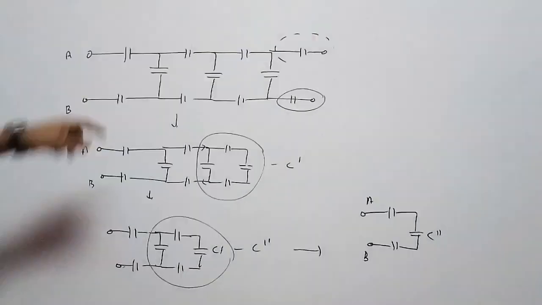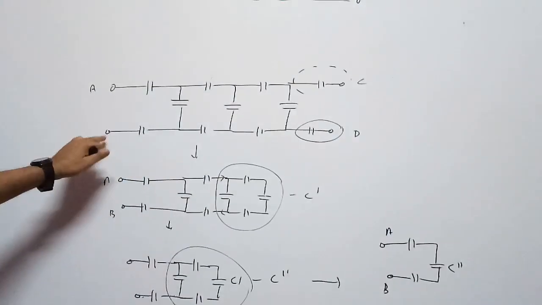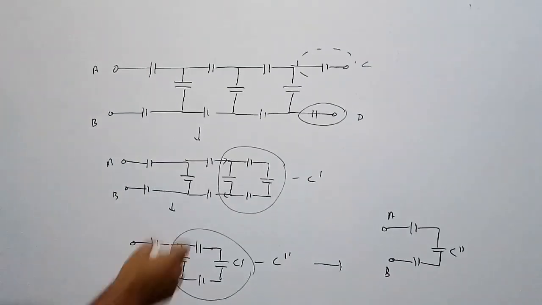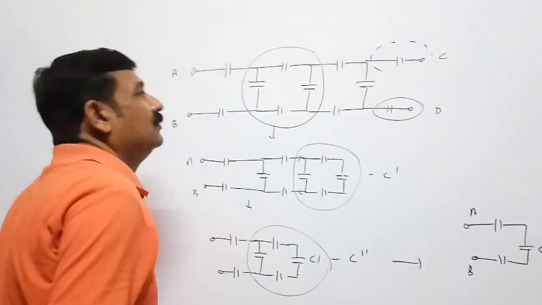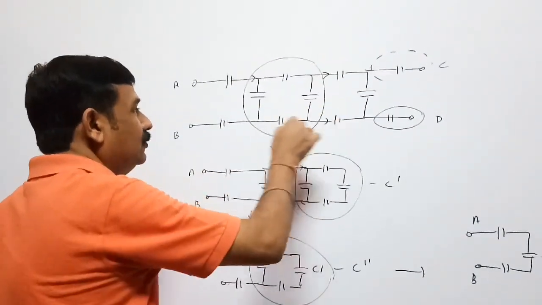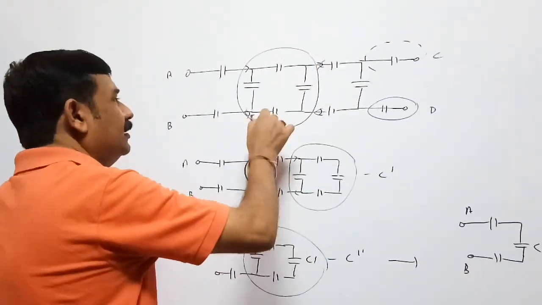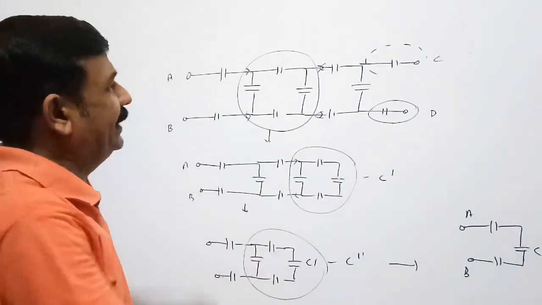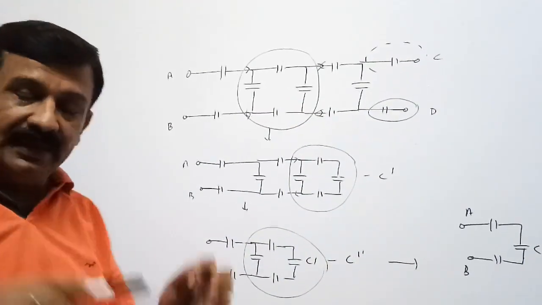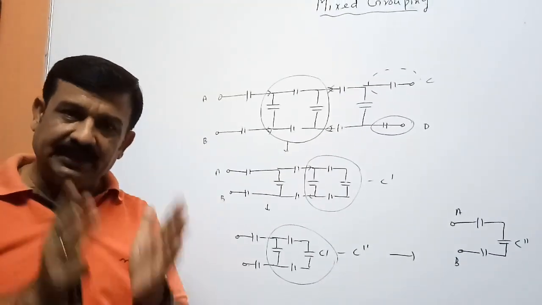But if we say in this figure, find the net capacity with respect to AC or AD, or BC or BD, it is not easy to solve, because these subgroups will have one entry and more than one exit, or more than one entry and one exit. So the stretching method we cannot adopt. For it, what we do, we will discuss later on. So make it clear, in a subgroup, the stretching method will be used only when we have one entry and one exit point.